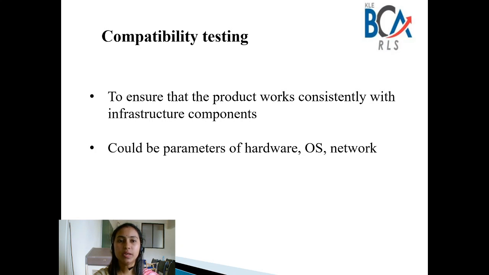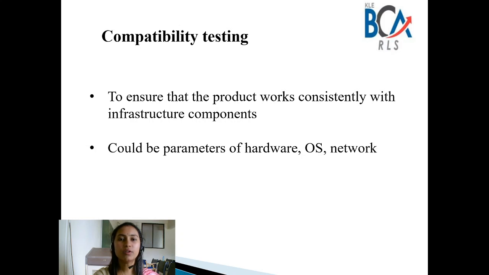Next is compatibility testing. As the name itself indicates, we need to check whether your developed application is compatible with different operating systems, different hardware configurations, or different network setups. This is to ensure that the product works consistently in different infrastructure components. For example, I have developed my application and I need to test that application